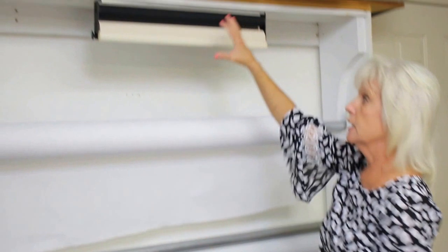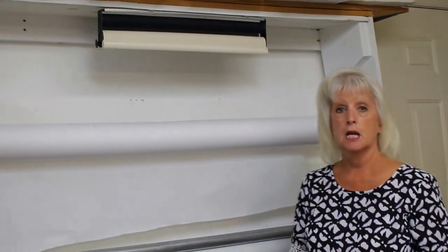And then, of course, your valance that's in there covers it. And what I do is come to you, and I measure it, I order them, and when they come in, I come back to you, and I put them up. So you don't have to leave. You can stay here. You don't have to disconnect and go somewhere else for them to measure and go back